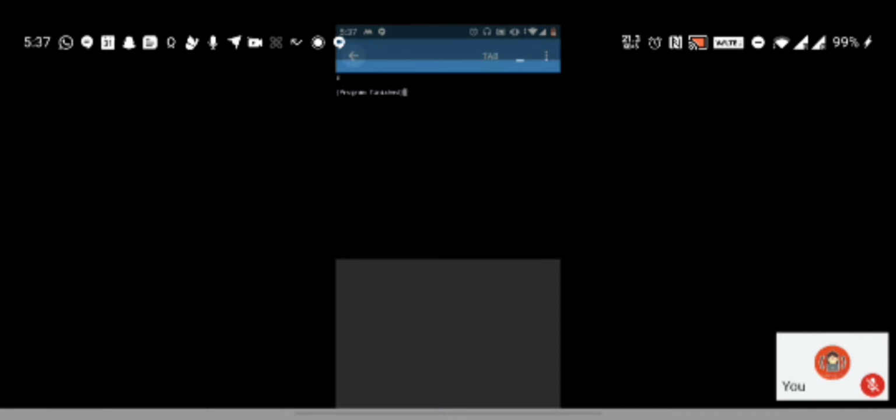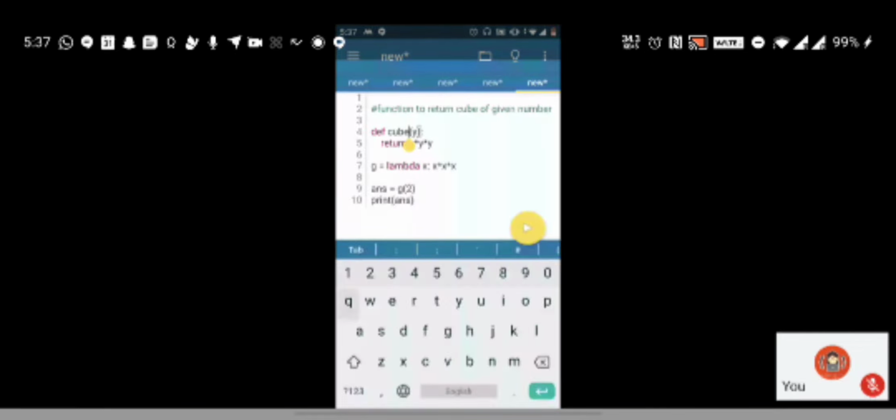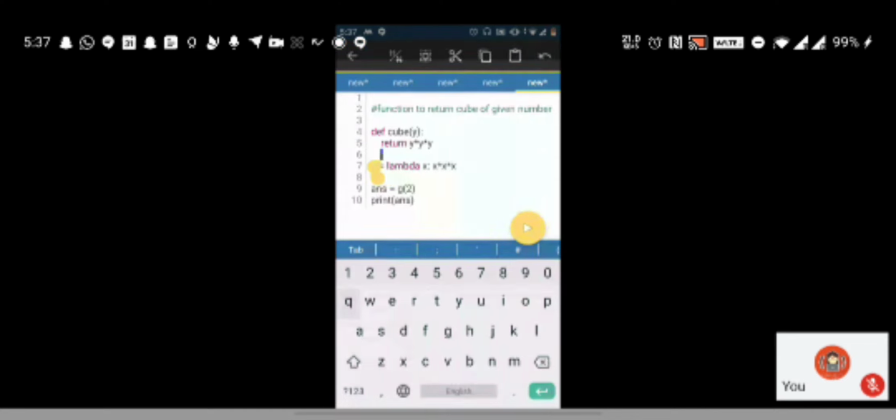So this is just a simpler way. If you see the difference, this looks cleaner, right? Since it's just one expression, you can get it done in one line itself. You don't have to write multiple lines. So this is what an anonymous function is. This is how we define an anonymous function.